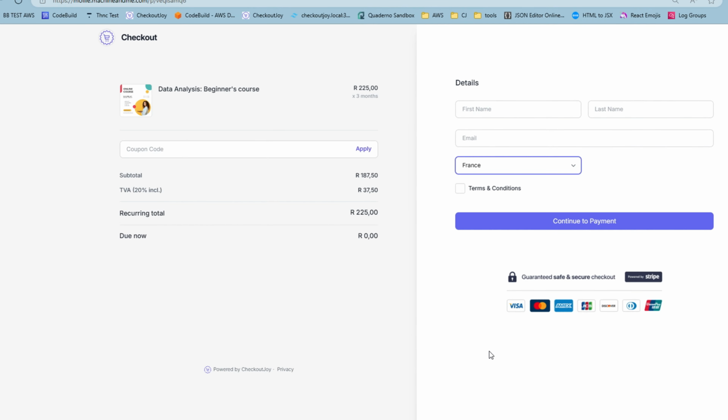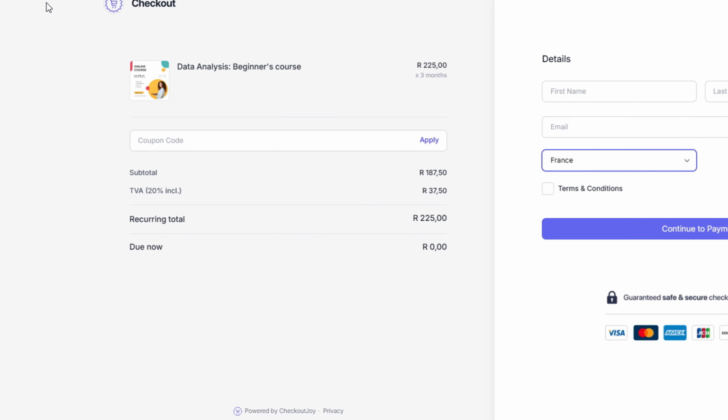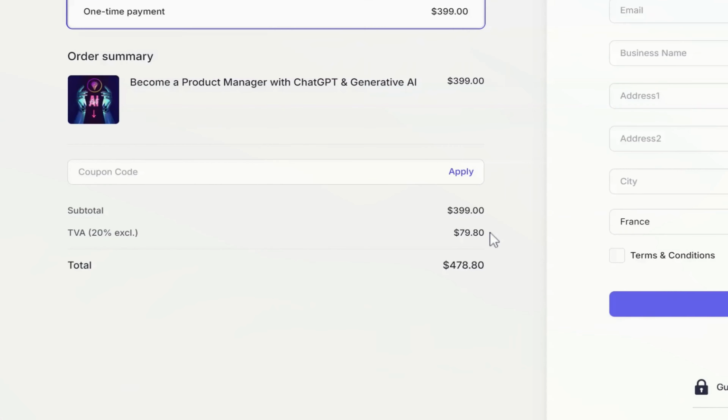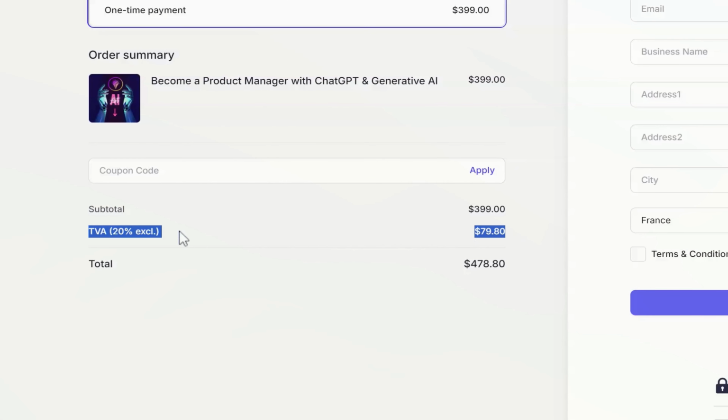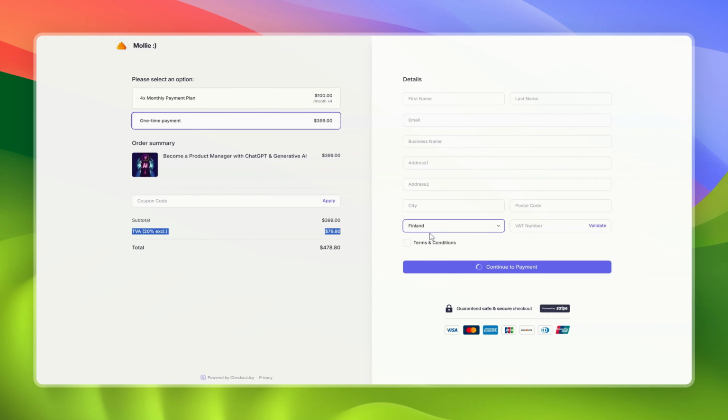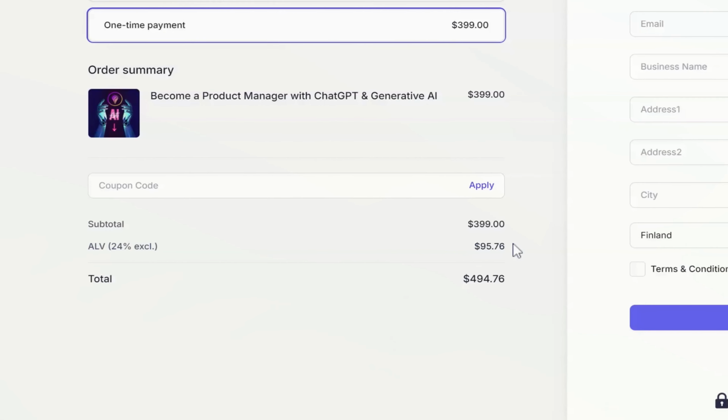If you're selling to businesses, maybe they're exempt, or the type of product that you're selling has a different tax rate or is exempt from tax. CheckoutJoy has this feature. It will charge the correct VAT on all your checkouts depending on where your customer is from and their billing address. It will generate a VAT compliant invoice delivered to your customer's inbox,